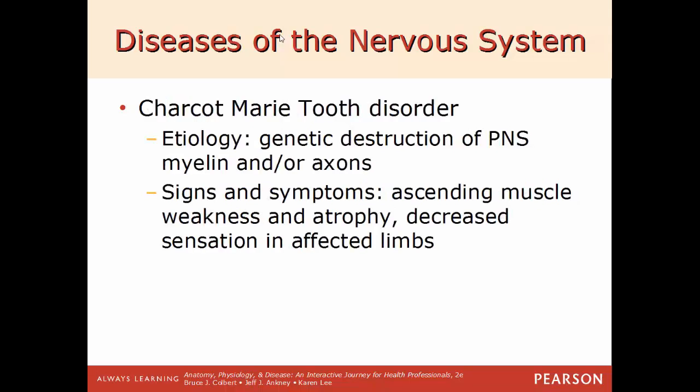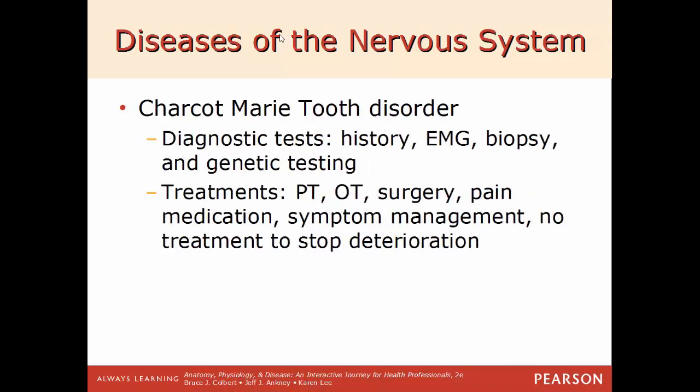Charcot-Marie-Tooth disorder, CMT, is a genetic disorder or genetic destruction of the peripheral nervous system myelin and or the axons. Some signs of CMT: ascending muscle weakness and atrophy, and a decreased sensation in those affected limbs. Some diagnostic tests: EMG, history, biopsy, genetic testing. Some treatments: physical therapy, occupational therapy, surgery, pain medication, symptom management, but there is no known treatment that is able